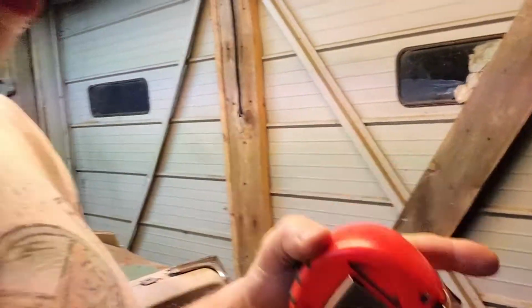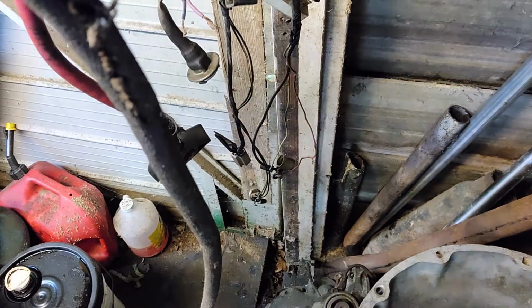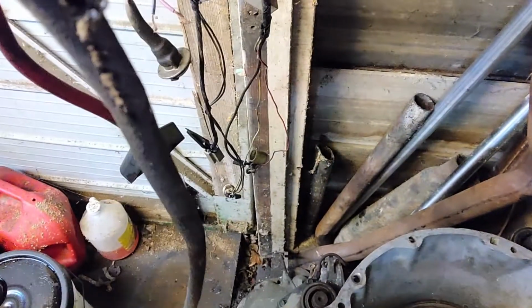Now, some of y'all, this is old hat. But some of you all, this isn't. This is like you don't know, or nobody's bothered to tell you, or nobody's bothered to show you. Let me see what you see in here. Okay. Now, if you see this bell housing right here,